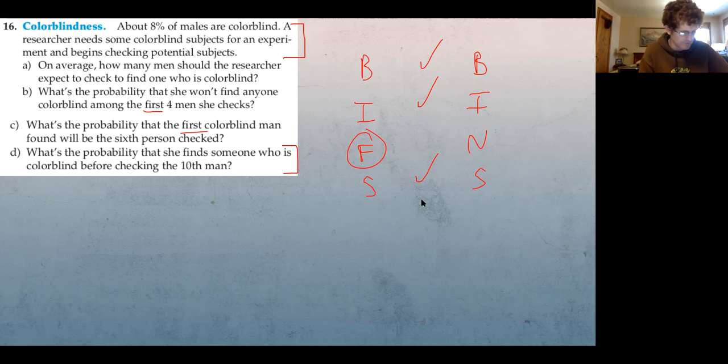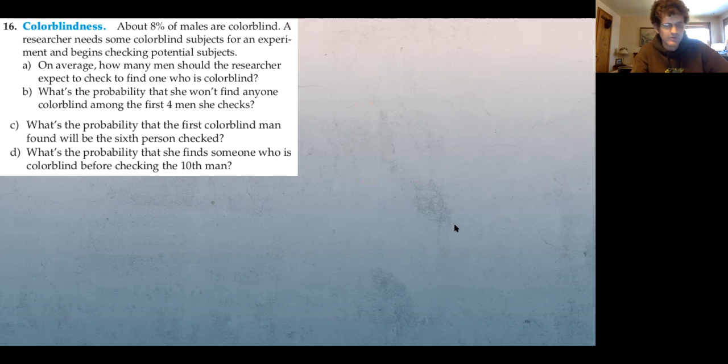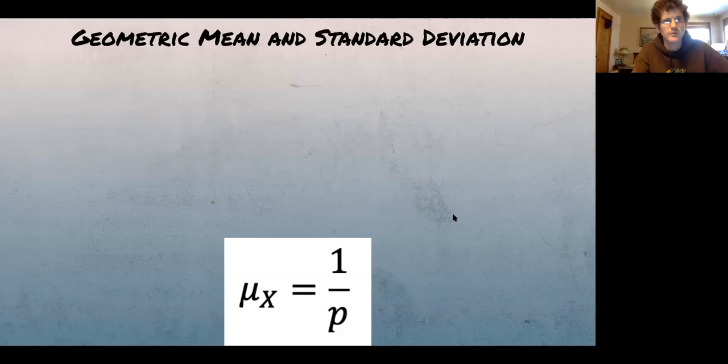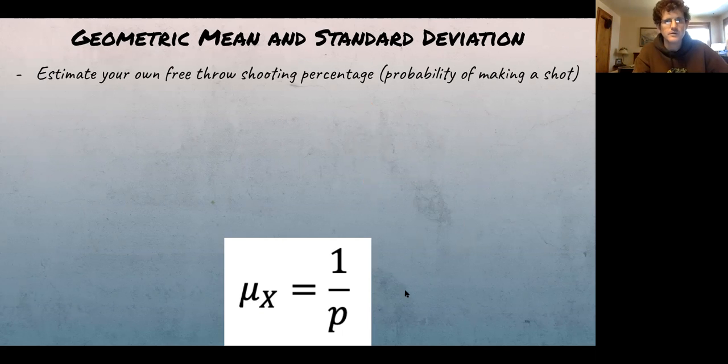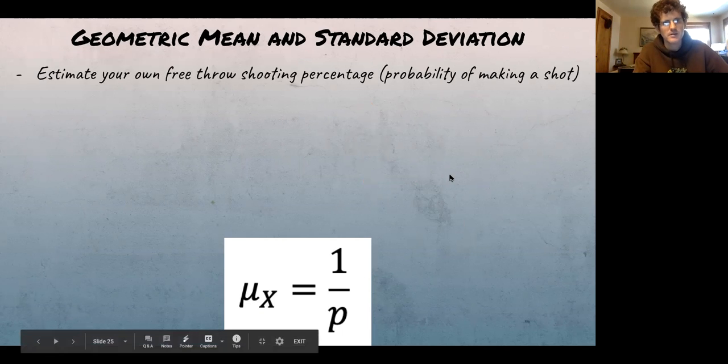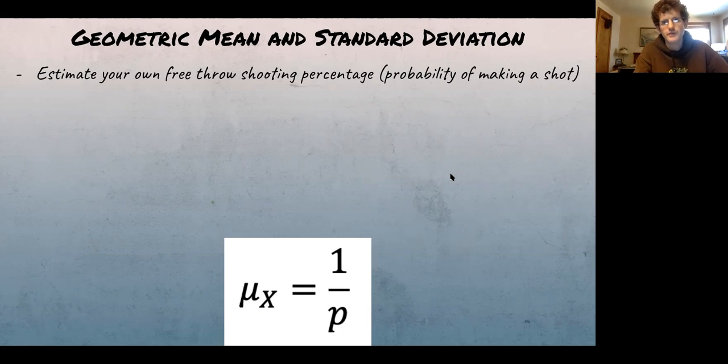So that's hopefully pretty good. We will come back to this question, but before we can finish this, there's a couple of things here: the geometric mean and standard deviation for this distribution. Now, I already have this up on screen, but if you estimate your own free throw percentage, or any percentage,